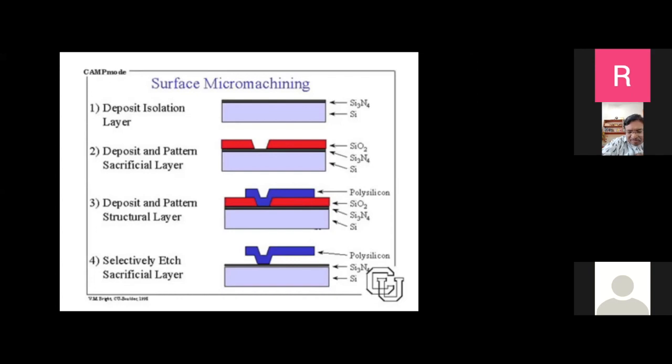Cantilever beam itself is an important device. For example, there is a gap between the cantilever beam and the substrate. If there is a force on top of that, and if you use control electrodes on the substrate as well as the beam, you can make it a capacitance sensor. Or if there is a force on top of that, you can measure the force by using the capacitance effects. All these things are possible. There are a lot of ideas.